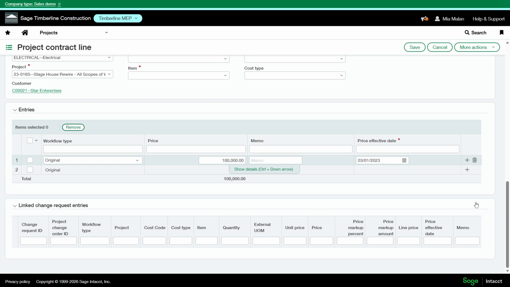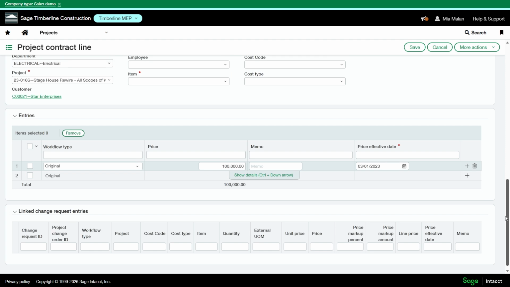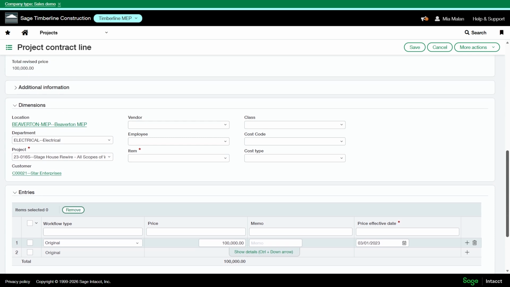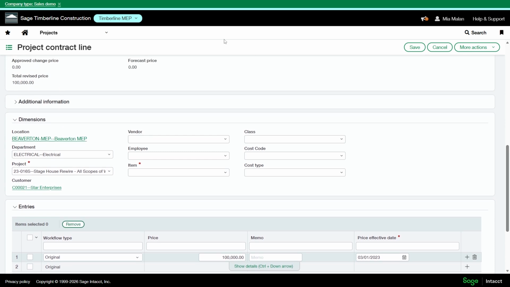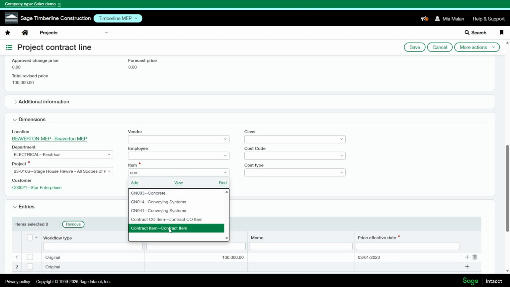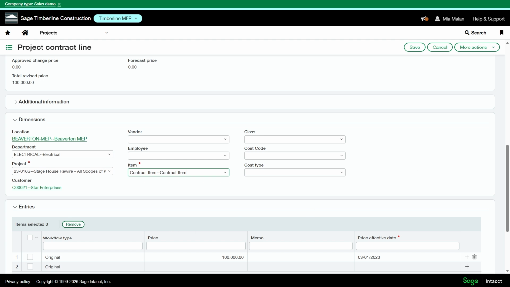If I have any change requests, they will show at the bottom here for the line, and that's nice because you can drill into that as well. Whatever dimensions you set on this line, when you bill on this line, it is based off these dimensions here. So I'm going to save this line.